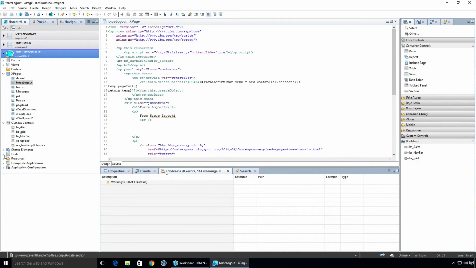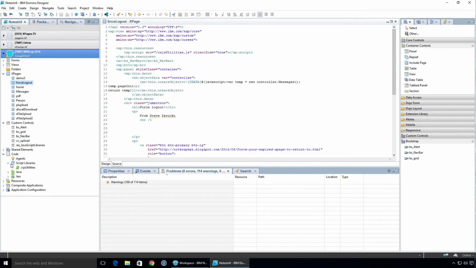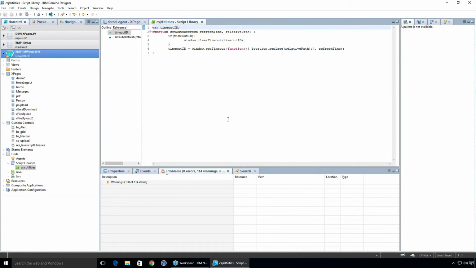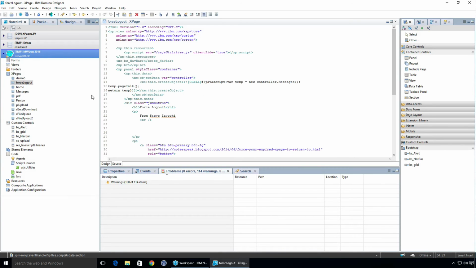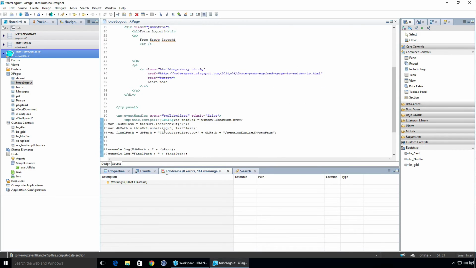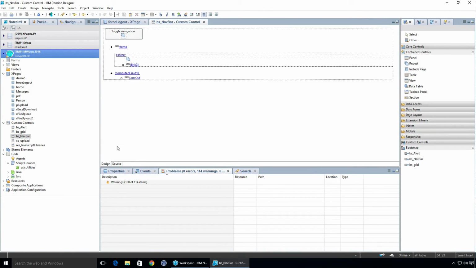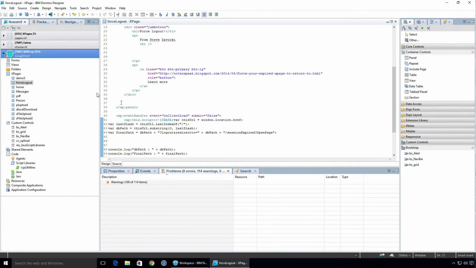If I click on code and script libraries in here, there's just a little function in here that basically makes it work. And how it all works and all that stuff, I don't know. It's client-side JavaScript, but it's cool and it does work. So what you could do, if you did want it on every page, is move this onClientLoad to something that is on every page. A lot of people have a layout custom control, or even if you had a nav bar, you could probably dump it in here if that nav bar was going to be on every page. So that's up to you.